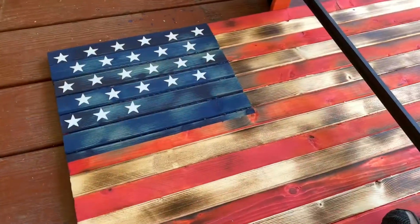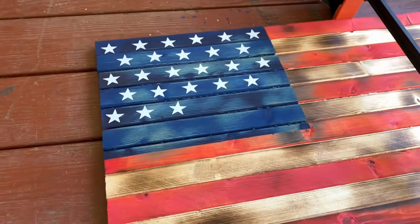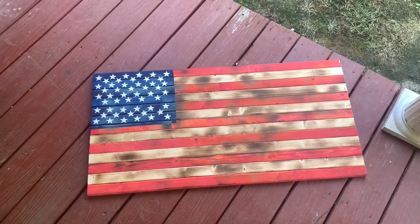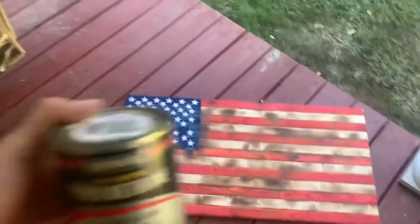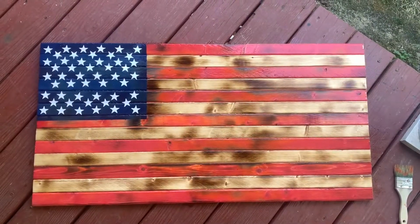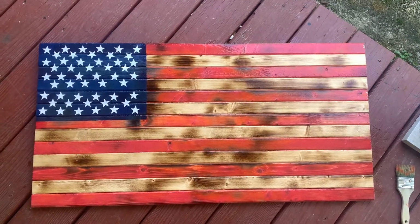Going through here now and literally taking off each star and placing it onto my flag. I got the stars put on. They're not exactly perfect. It was kind of hard to do, to be honest with you. Now I'm going to actually put a layer of polyurethane on it. Hopefully it looks good. I have my first layer of polyurethane on there. I'm going to let it dry, and then we come back and we sand it a little bit and do another